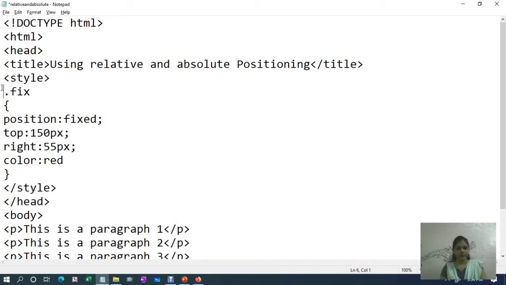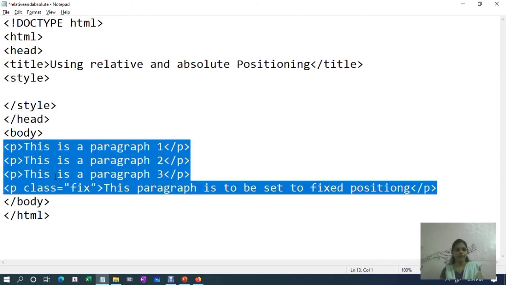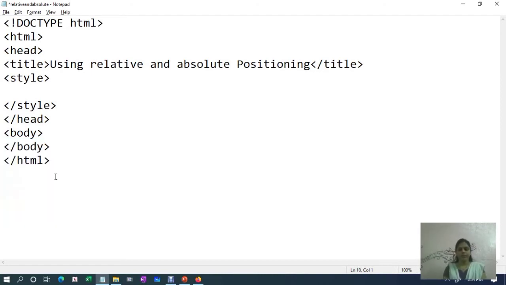Now in body tag we have to add the different tags. Okay, so this is a basic program as we always type. Now here suppose we add an h1 tag. H1 tag start and end of h1 tag.